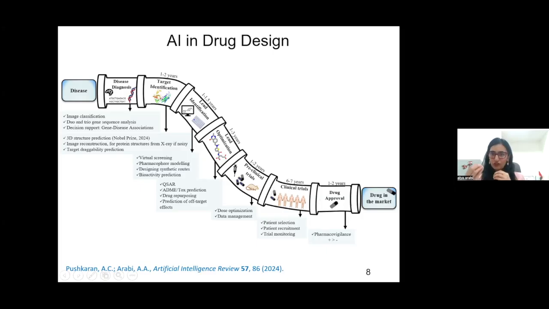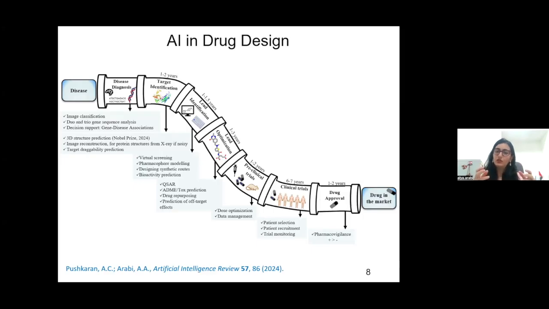Lead optimization. Here, we think that we have a molecule that is good, but we want to improve it further to have less side effects, to make it live longer, to make it more hydrophobic instead of hydrophilic, for example. And this is where AI also is helping a lot, for example, in predicting toxicity, in predicting ADMET properties, in quantitative structure activity relationship, where you can predict right away what is the activity to be expected based on the structure, etc.